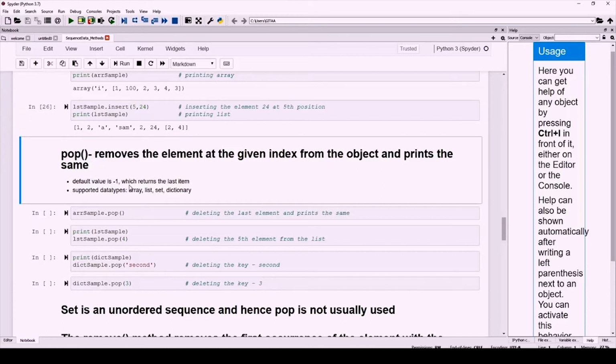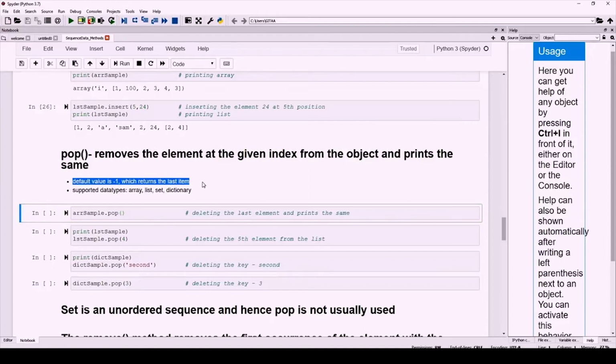So you can use the pop method if you want to remove a particular element from your object, and if you want to cross verify whether the element that you are removing from the object is actually correct or not. If you don't give anything inside the pop method when you are calling it on any object, then it is automatically going to remove the last element from the object. That is, the default value is -1, which returns the last element.